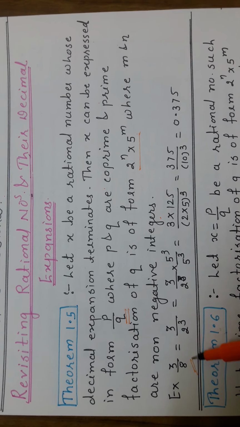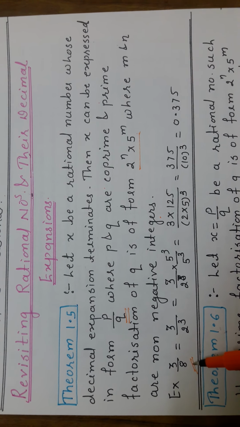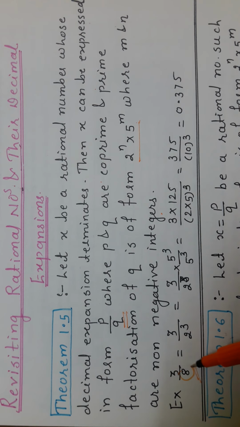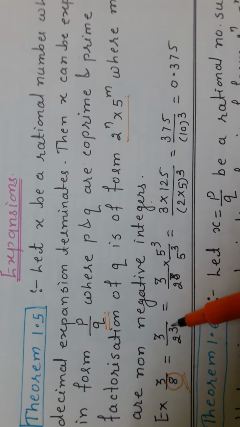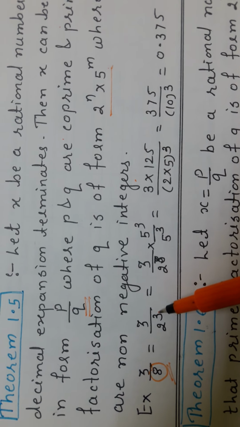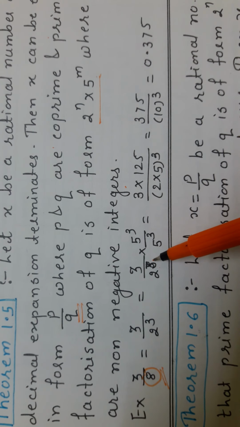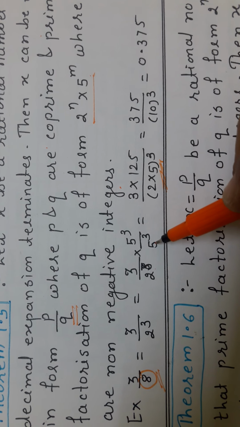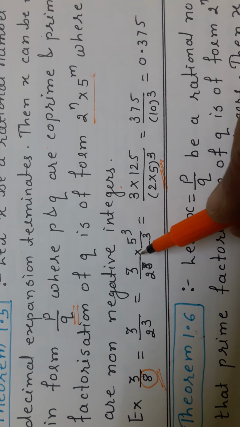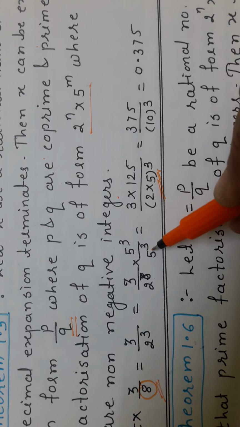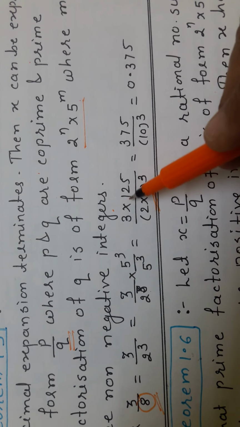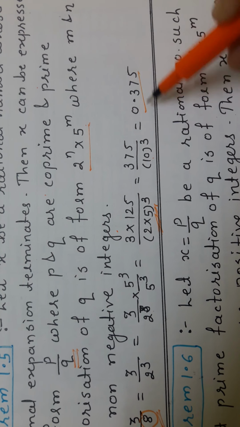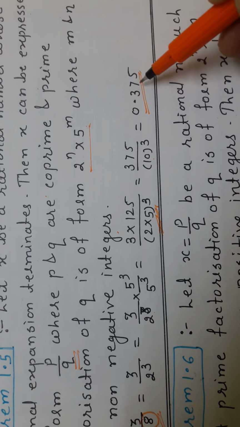For example, here we have taken 3 by 8. We are not going to use the division method. Now we will find the factors of the denominator 8, that is 2 raised to the power 3. We want to make the denominator a power of 10, so we want 5 raised to the power 3. We will multiply numerator and denominator by 5 raised to the power 3. We will get 3 into 125, 375, over 10 raised to the power 3, which we are now going to convert into decimal expansion, that is